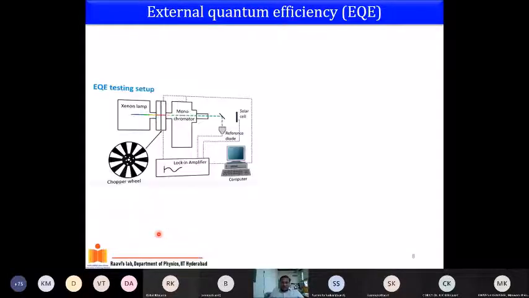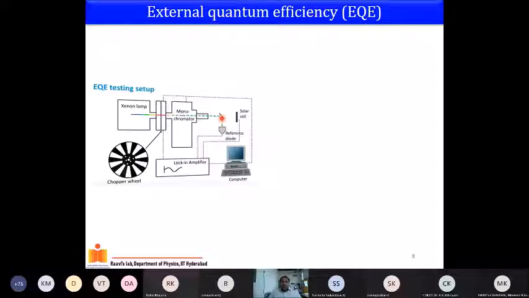Now it's very easy to do this experiment if you have basic instruments in the lab. All you need is a white light source, which has all the spectrum, and a monochromator. A monochromator is an instrument which can divide a white light source into single monochromatic wavelengths. So you get one color at a time, and you can put it on your device. So you can measure the photocurrent coming out of this solar cell with respect to the light which falls on it.